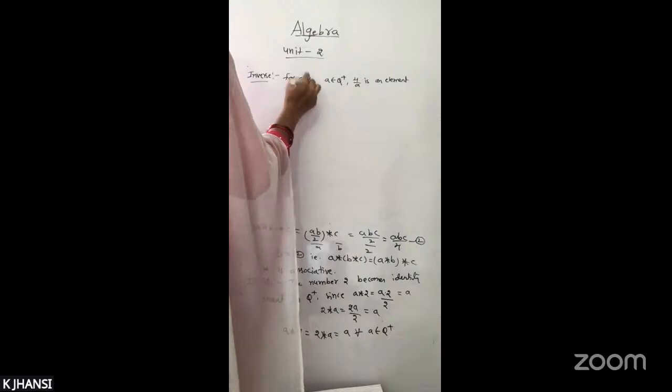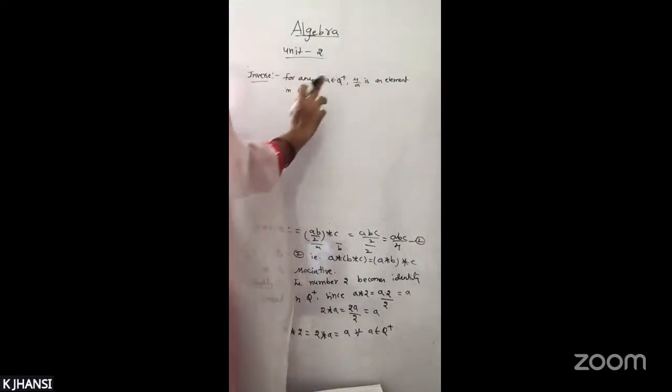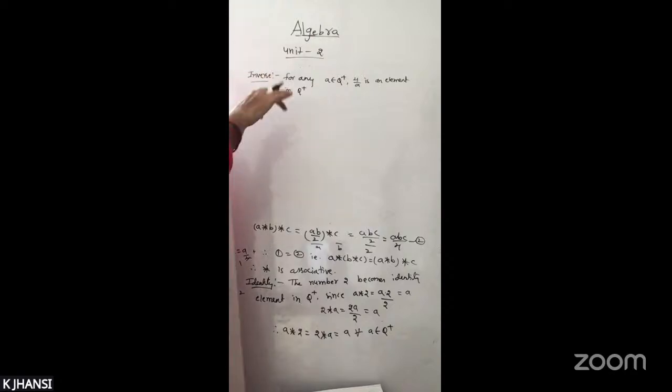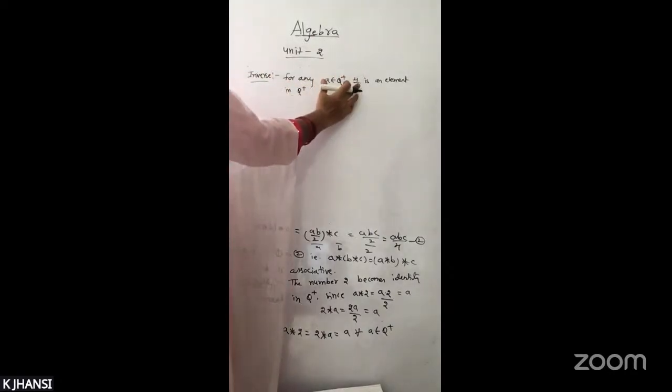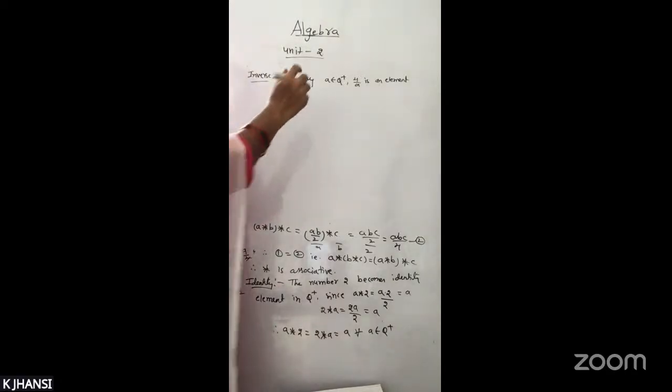Okay. So if A belongs to Q plus, then 4 by A. Why? Because a rational number is defined in the form of AB by 2. That means it is in the form of fraction. Okay. So therefore 4 by A is an element in Q plus and